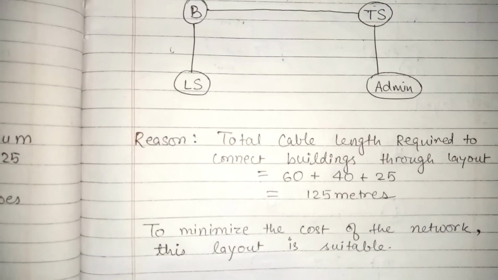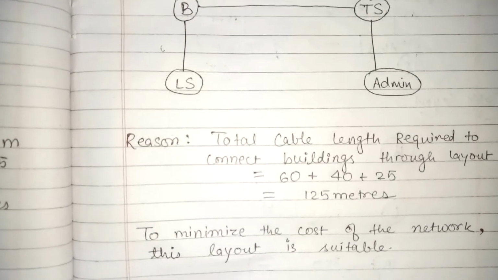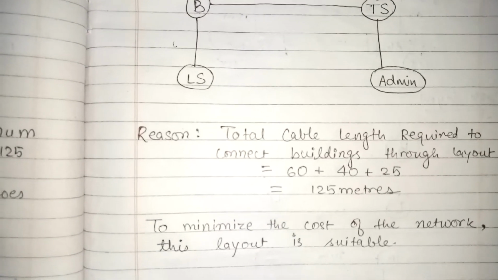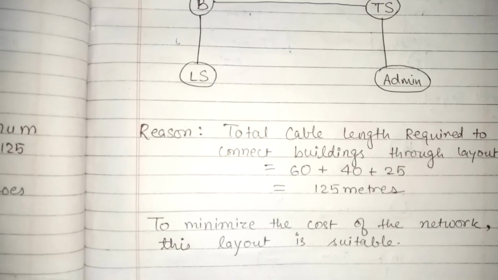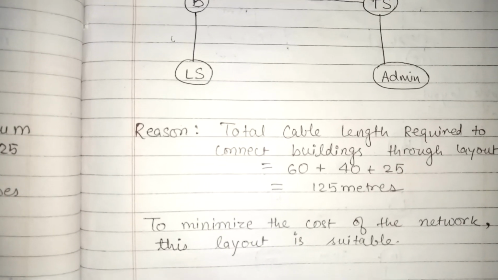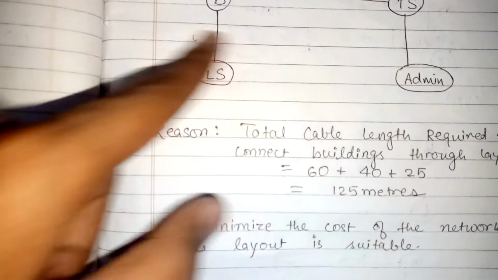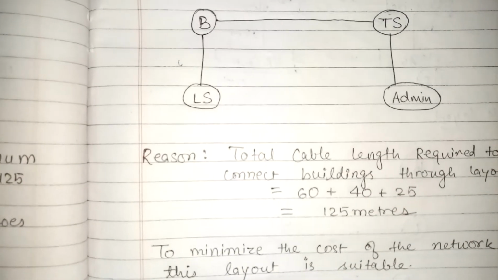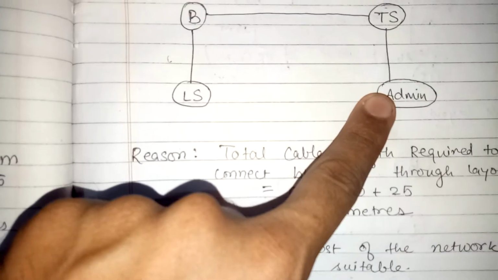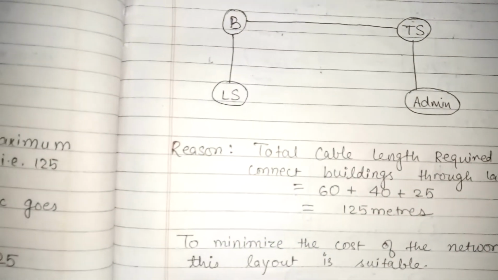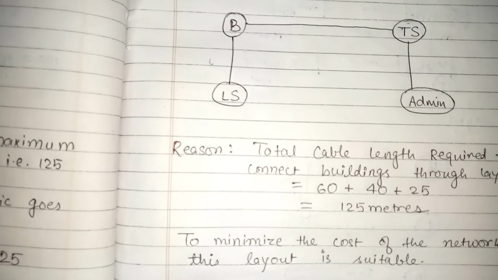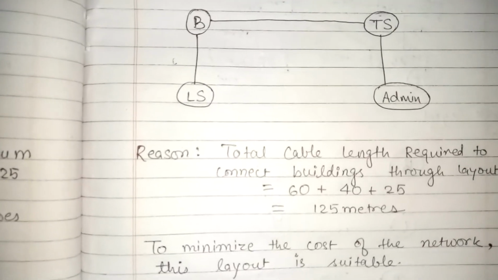Our approach is to minimize the cable length because we are not here to place the server. For placing a server, we should count the maximum number of computers and place it where admin contains the maximum number of computers, so we will always try to put a server there. But we are not dealing with servers, we are dealing with layout, and layout